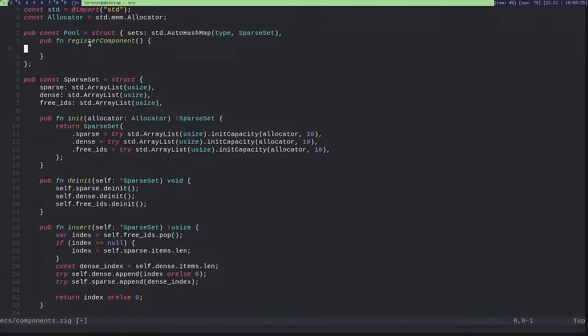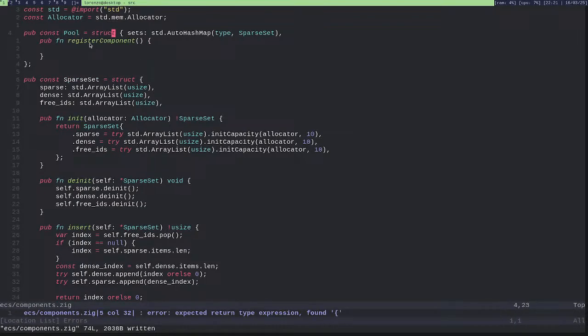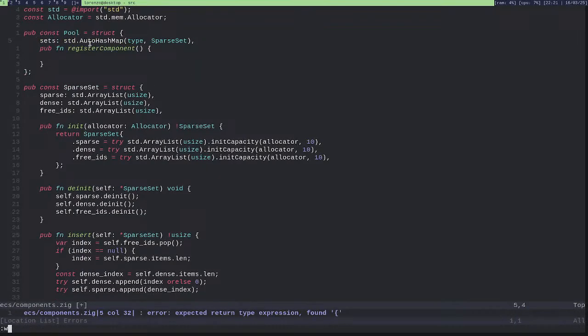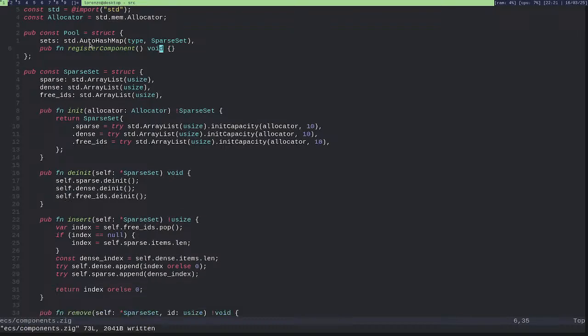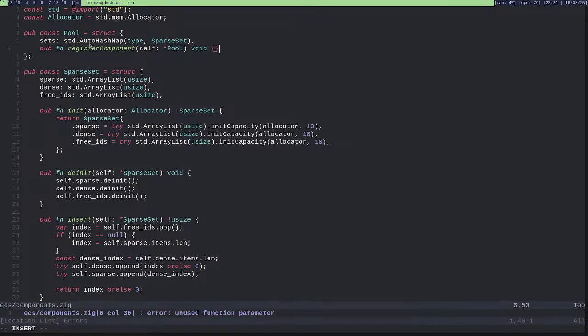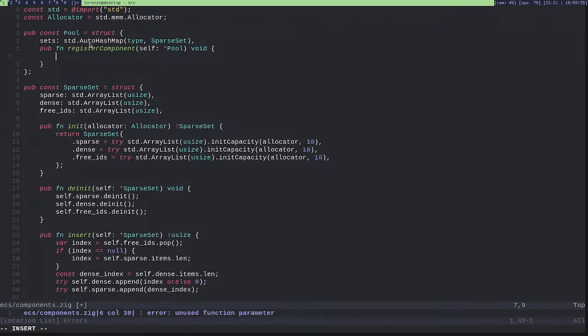And for each component, what's the problem here? Oh yeah, which is a void, and I need to get self. And of course a type, component type.